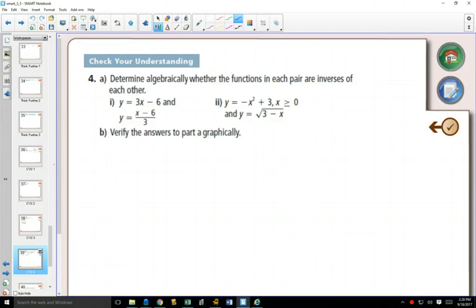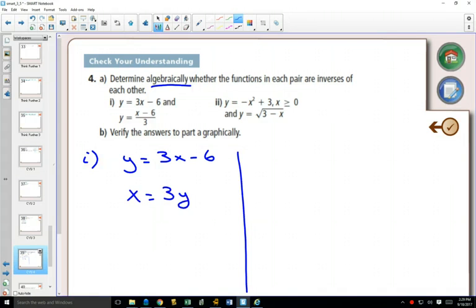In this question, we want to determine algebraically whether the functions are inverses of each other. So the way that you would do that is you would take one of the equations. In part I, if I take the first equation, y equals 3x minus 6, and I want to find out algebraically what the inverse is, that's where we switch the x and the y and solve for y. So add 6 to both sides, divide by 3,